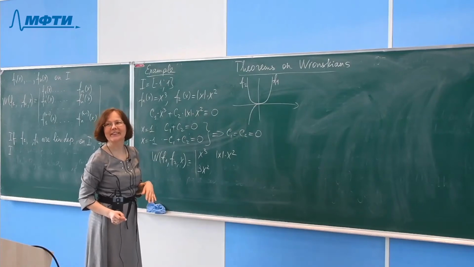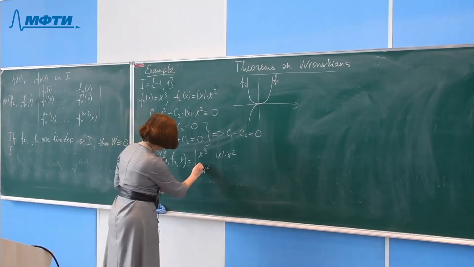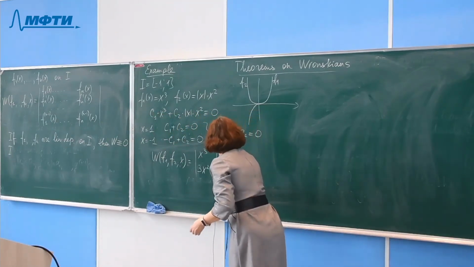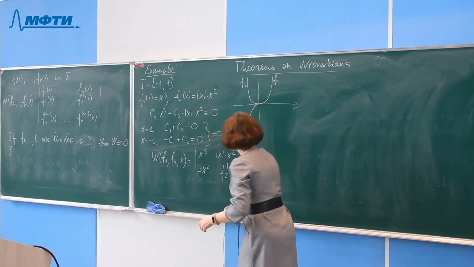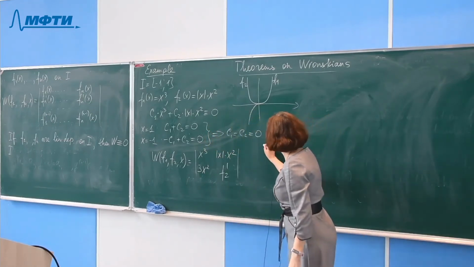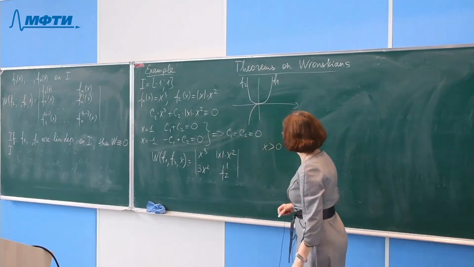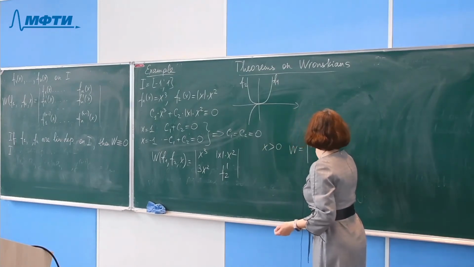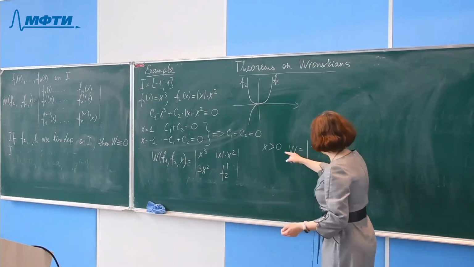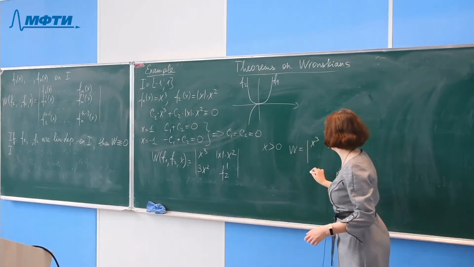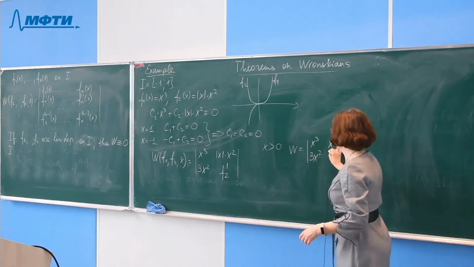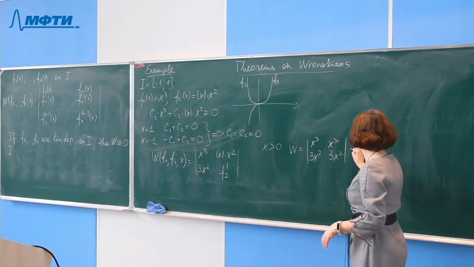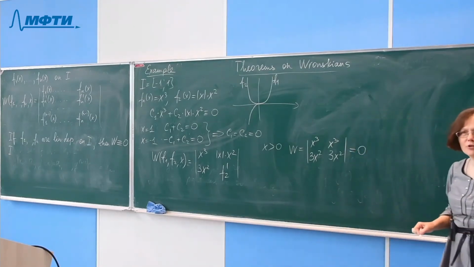3x squared for x greater than 0 and minus. Right. So we can consider these two situations. So f2 prime, I will leave it in this way. So I should consider two cases. When x is greater than 0, then the Wronskian is equal to x cubed, then x cubed, 3x squared, and 3x squared. So the Wronskian is 0. So the determinant of this